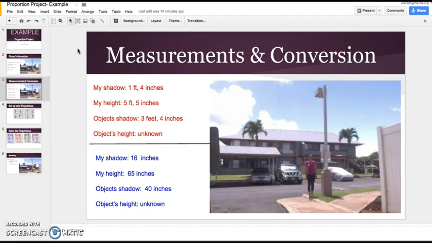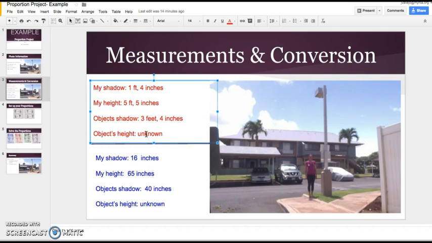Now here's what you'll do to find the height of that object. The first thing you'll do is measure your own shadow, and this is where a helper comes in handy, so they can measure the shadow for you. Or if you're doing it by yourself, like I did, maybe you can just use a ruler or a yardstick. The next thing you have to do is write your height. So I'm 5'5", and that's something you should know, hopefully, unless you're growing a lot and that's constantly changing, but you should know your height. The next thing you have to do is measure the object's shadow. So this is where you or your helper can measure the length of the shadow as well,